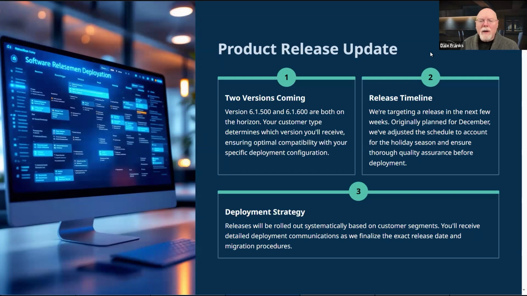So I'm going to talk about 6.1.600, mainly because that is going to be really the platform fork, and 6.1.500 is going to be the life sciences fork. At least I'm pretty sure that's how it is. I may have that wrong. It may be vice versa. But I think 600 is the platform version, 500 is the life sciences version.